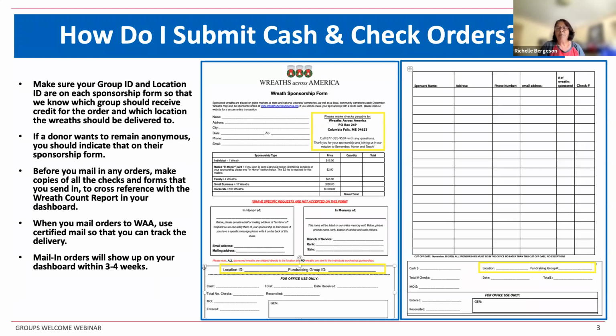When you put the envelope in the mail, we recommend using certified or priority mail so that you can track the delivery. Keep in mind, it can take a few weeks for cash and check orders to fully process and show up on your wreath count report. So don't worry if you don't see the orders listed right away. This is especially true during busy season, which is why it's so important not to hold on to checks for an